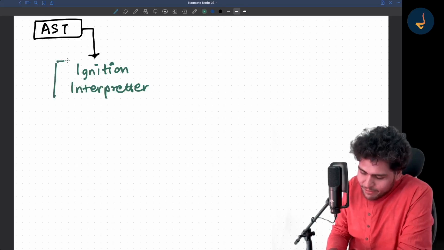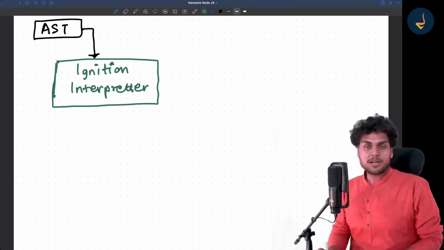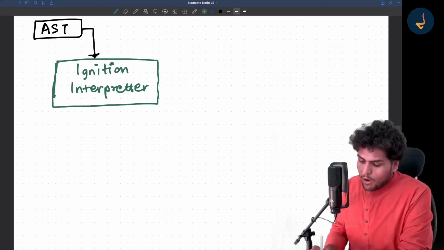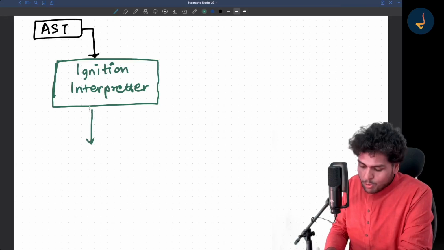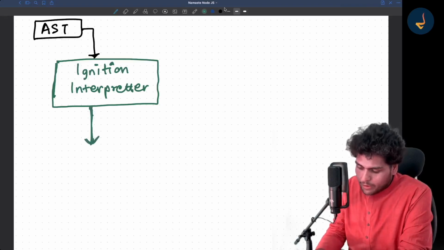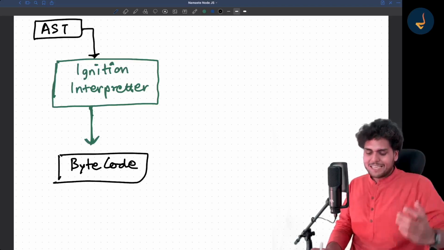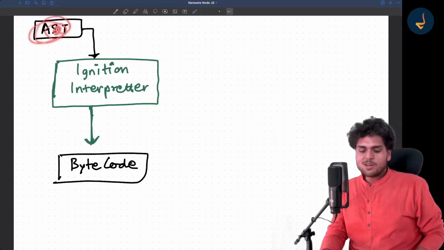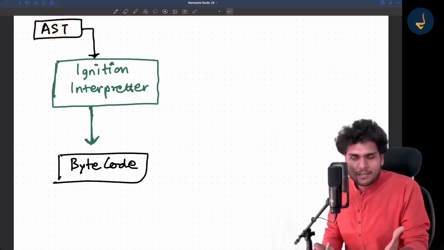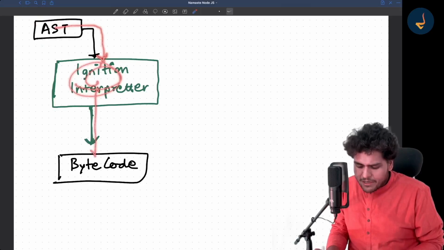So we have this ignition interpreter, and the AST is passed into it. The job of the ignition interpreter is to convert your code to bytecode. Not the code exactly: you give it an AST, the abstract syntax tree, and that abstract syntax tree is read by the ignition interpreter and converted to bytecode.